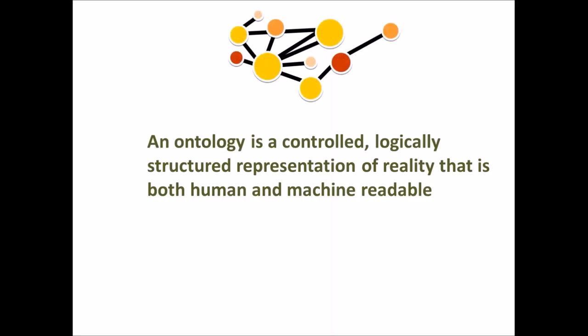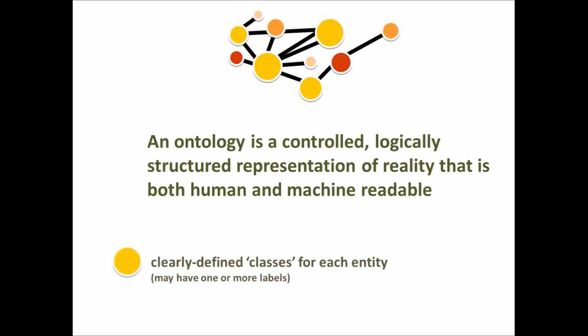So let's try to visualize it as a knowledge graph. Indeed, it's controlled, it's logically structured, and it represents reality. Machines and humans can both understand it. Now, that's important in the sense that that logical structure allows programmatic access to it. It's predictable, the way that it separates the world and sort of unpacks what is often very fuzzy human knowledge. The nodes in that graph are classes in the ontology, and each entity has its own class. These can be understood as terms.